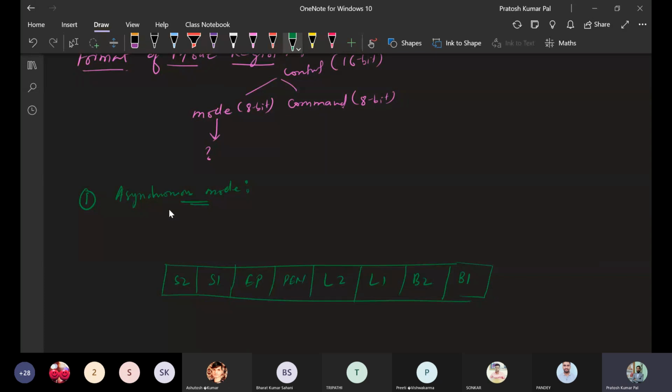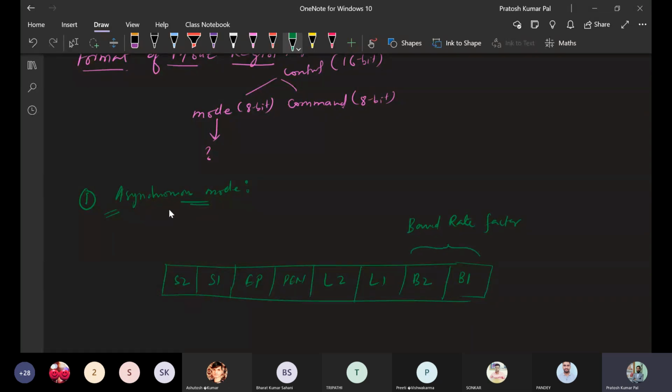So this is the mode register of the 8251 such that the data transmission is going to take place. In that, B1 and B2 are going to tell about the baud rate factor. What does baud rate mean? The baud rate tells the rate of transmission, like how the data transmission is going to take place.